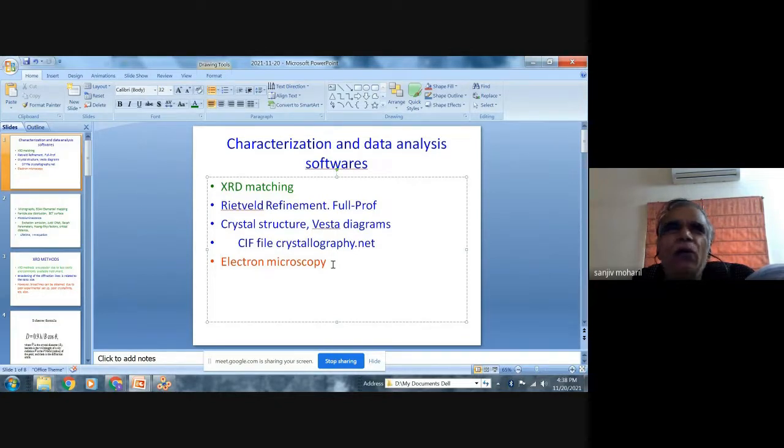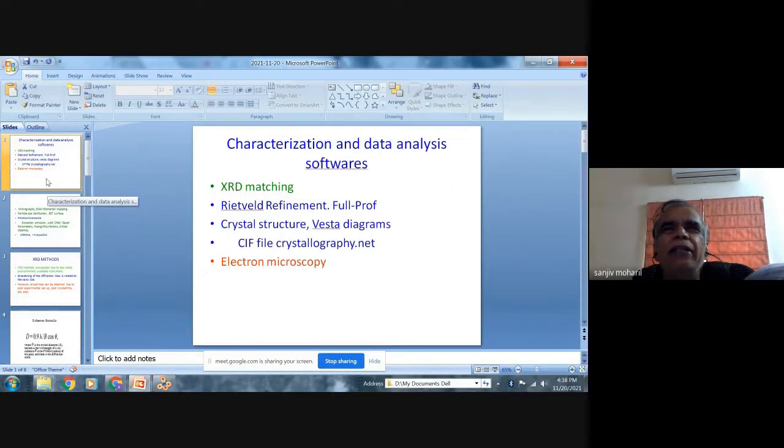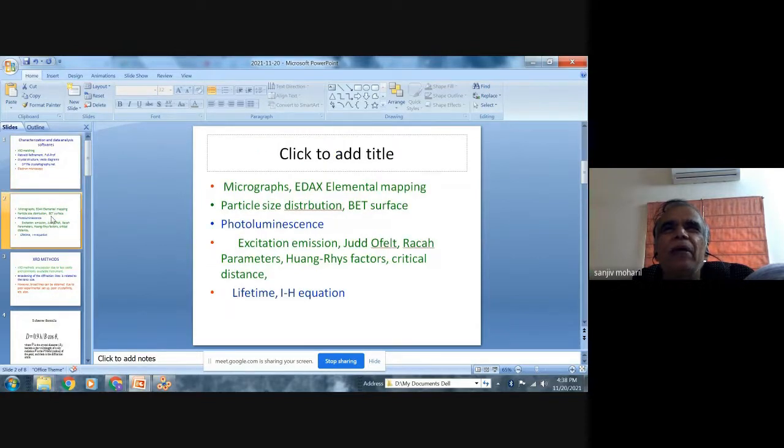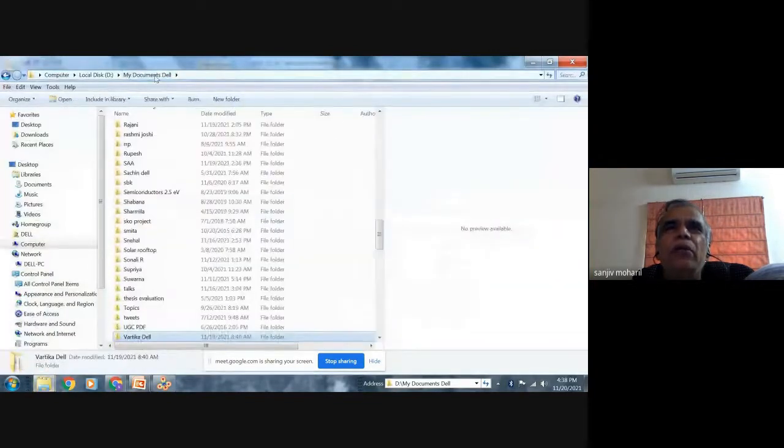So we can carry out the elemental analysis by energy dispersive X-rays. We can have the micrographs from SEM, then EDAX and the elemental mapping. This is what we can do. So let me see.